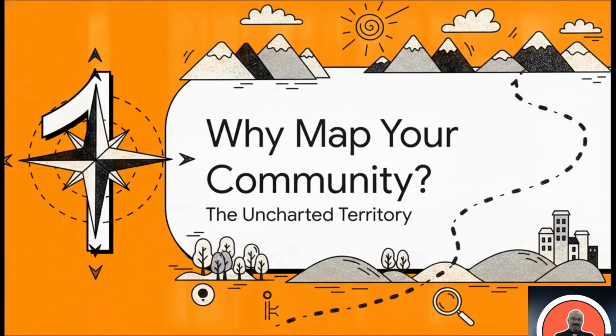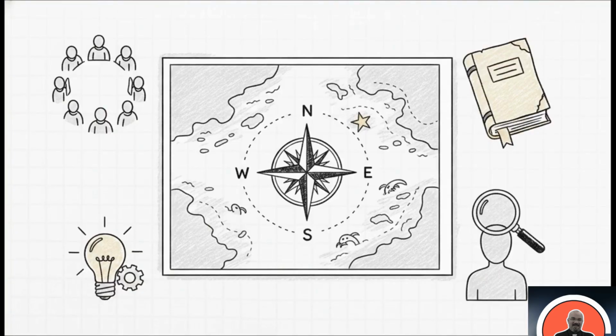Why map your community? Exploring the uncharted territory. Treating your academic landscape as uncharted territory is really the first crucial step to understanding your own work. I mean, you can't possibly know the value of what you're building until you know what the rest of the neighborhood looks like. If you ever feel lost, just ask yourself these 4 fundamental questions. Which academic conferences are the main gathering grounds for my field? Which journals are publishing the actual needle-moving breakthroughs? What are the core theories dominating the current debate? And who are the heavy hitters, the really influential researchers in the domain? Answering those 4 questions instantly gives you your latitude, your longitude, and your key landmarks.